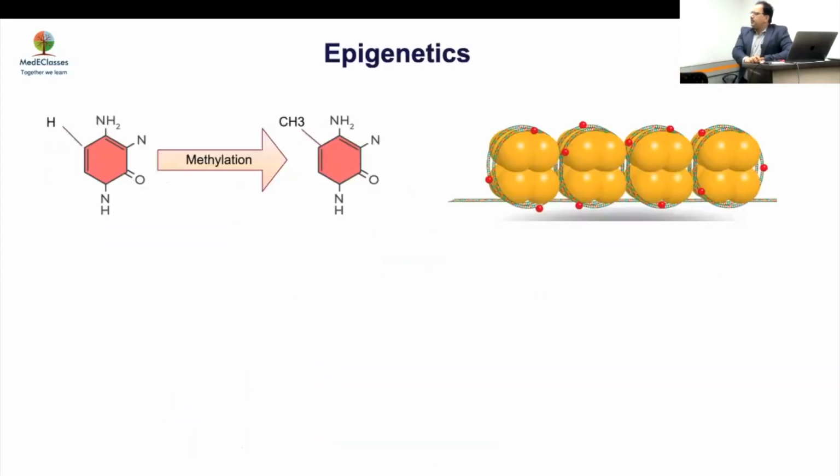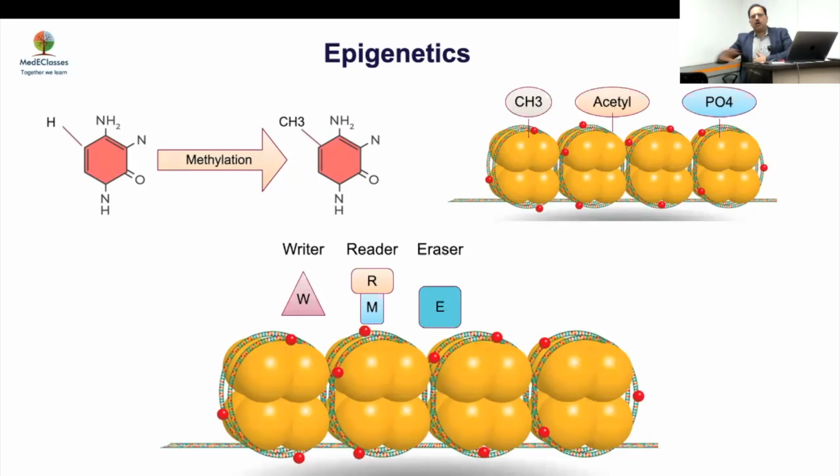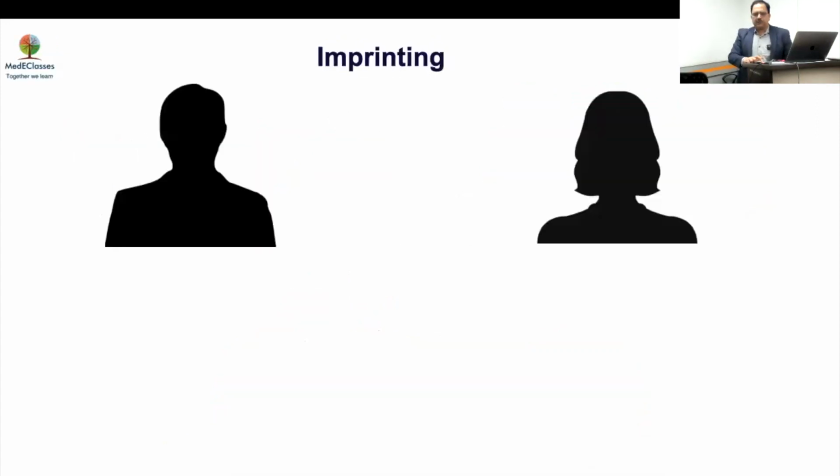So epigenetics, as I said, is basically the way in which you lock your DNA either through methylation of cytosine or the binding of the chromatin. They will sleep. So now once you open it up, they'll suddenly start acting. And there are ways in which this is done. We won't go now into much detail, but there are specific molecules which write, read, and erase these codes to allow the expression of particular molecules. And in certain cases, it will be stopped from that perspective.